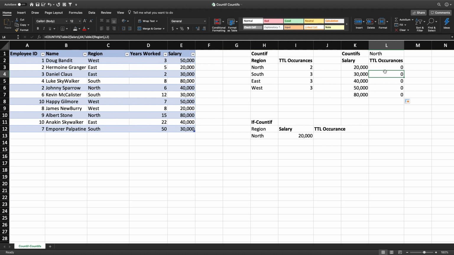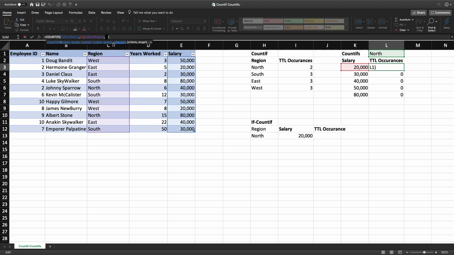What is happening is that every time the data is copied, or the formula is copied down, it's also moving the criteria of the north down one cell. So in order to lock that cell, what we'll do is we're going to highlight L1, and we're going to hit F4. Now, what that does is you'll see here it puts a $ sign in front of the L and a $ sign in front of the 1, which locks that cell so it does not move as the formula